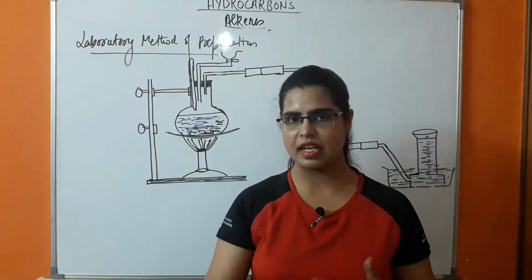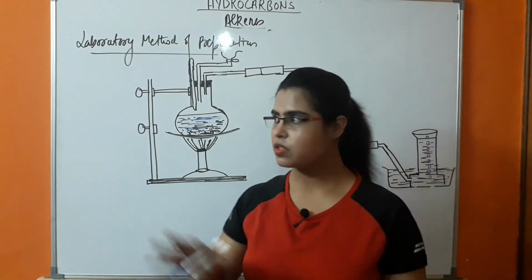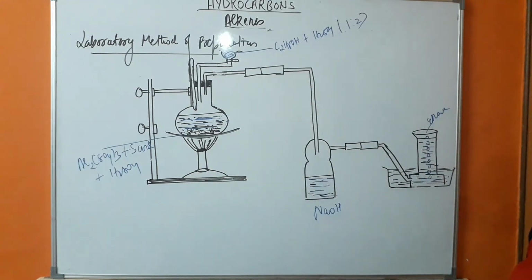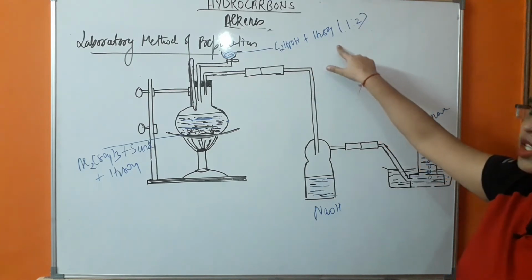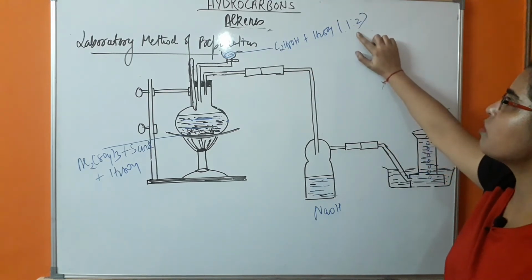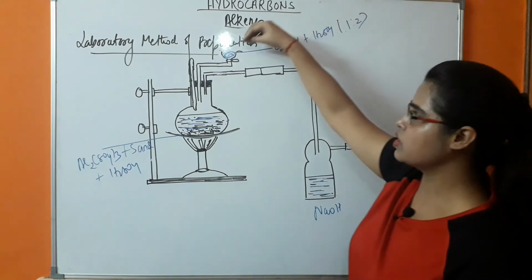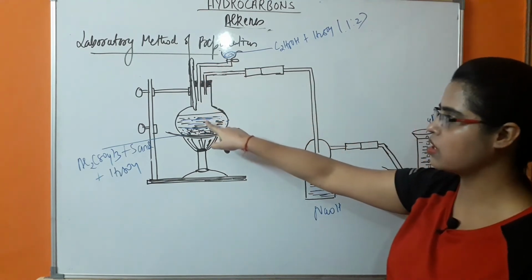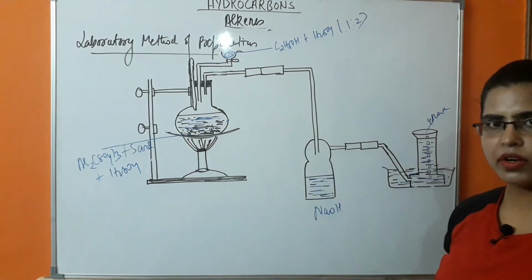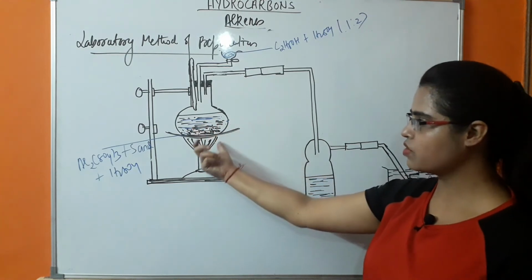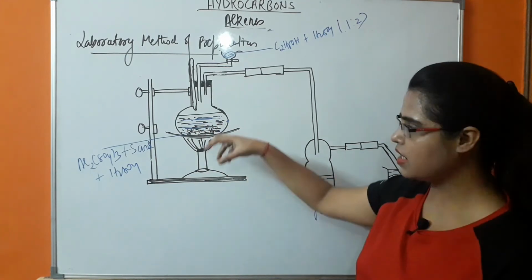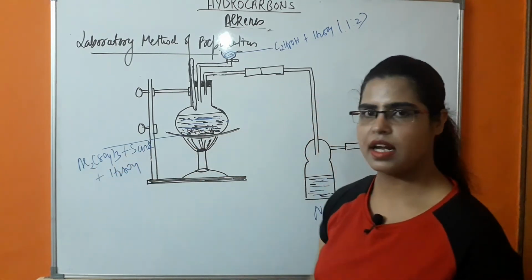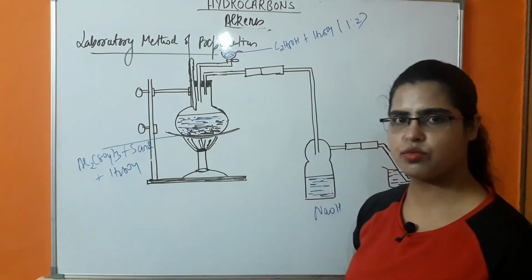Laboratory preparation of alkene is done with the help of dehydration. So this is the apparatus by which the laboratory preparation will be done. So what is happening in this case? The mixture of solution, that is ethanol and H2SO4, will be taken in the ratio of 1:2, and this solution is fed into this dropping funnel. This is the dropping funnel from which this solution will enter drop by drop into the round bottom flask. This is the round bottom flask which is heated with the help of this burner, and at the bottom of this round bottom flask aluminium sulfate and sand are present in a mixture with H2SO4.